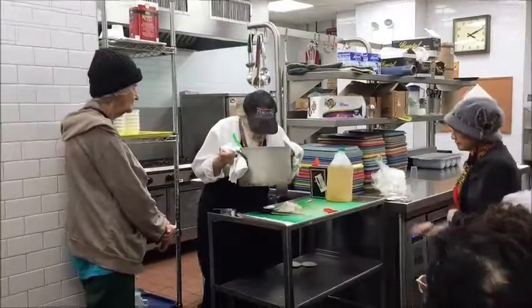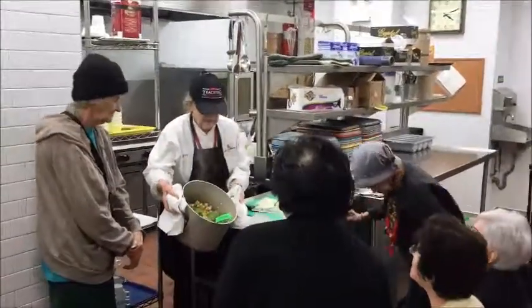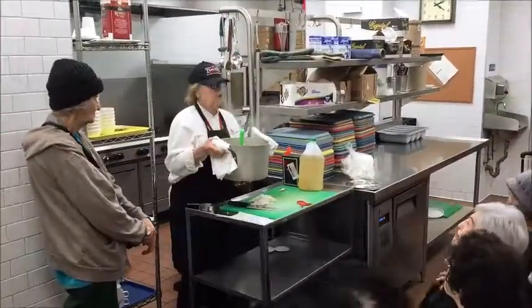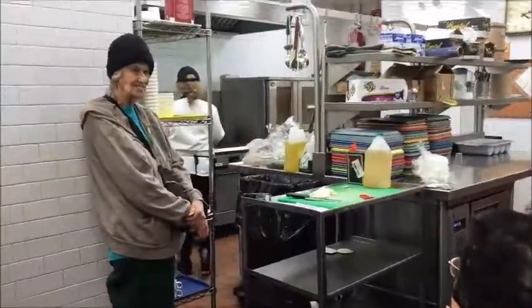What we have now, I think it smells really good also, because the garlic and ginger were able to cook for a little while. So now I'm going to throw the